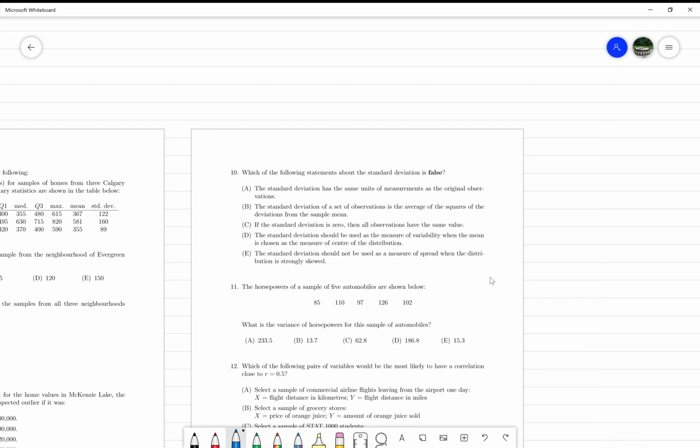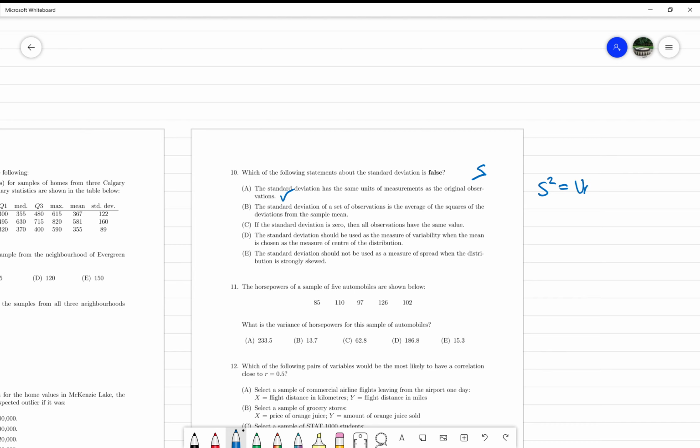Okay, so I'll be going over question 10 from Midterm B. It's asking us which of the following statements about S is false. So the standard deviation has the same units of measurement as the original observations. This is true. The reason is S squared